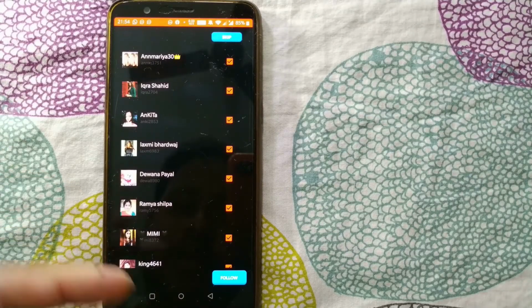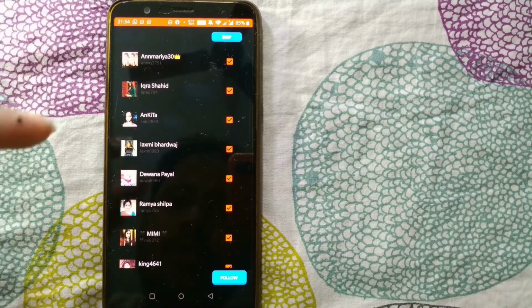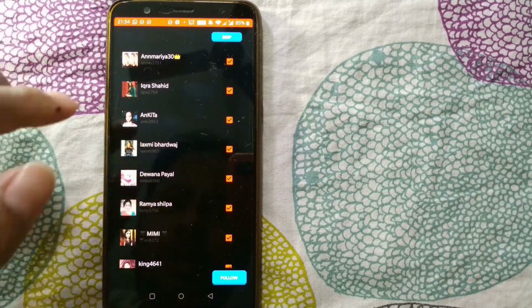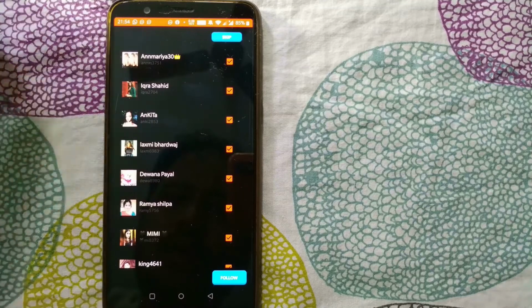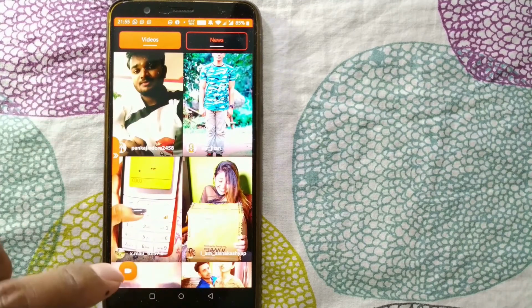In the first page, there are many popular creators to follow. I can follow some of the creators. I don't know exactly. Already many things are ticked, so I'll just skip. If you want, you can also follow some of the people that have been shown here. The popular Chingari people, I hope. This is the home page of my Chingari app.